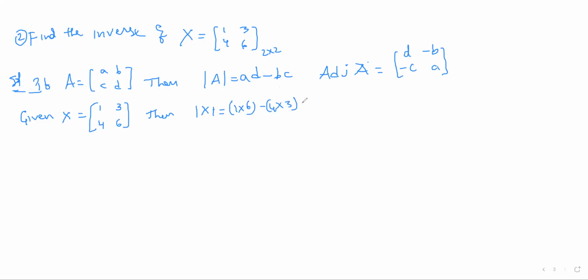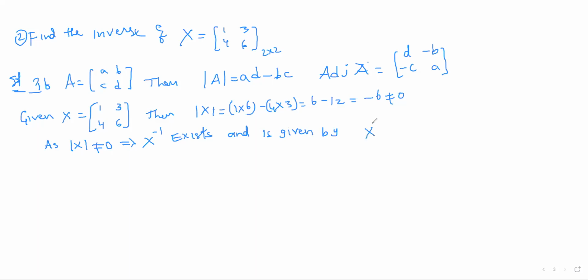That is 1 into 6 means 6 only, minus 4 3s are 12, that is minus 6. Minus 6 which is not equal to 0. So X inverse exists. That's the reason I am writing here: as determinant of X is not equal to 0, it implies X inverse exists and is given by